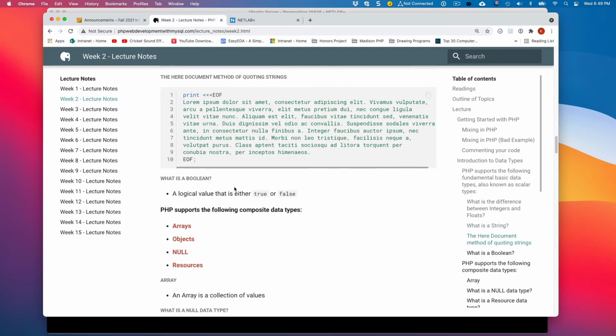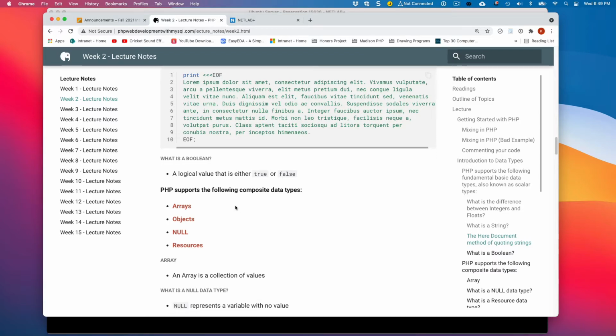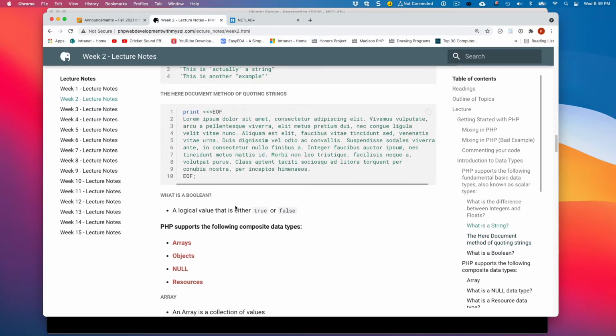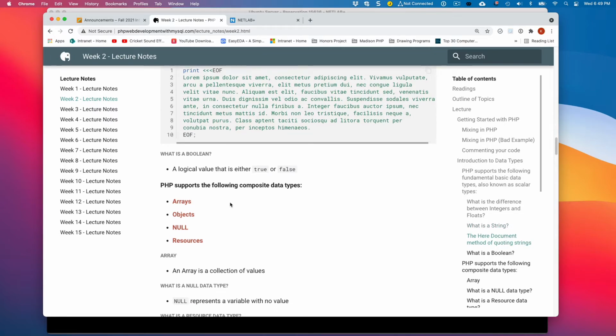And of course, a Boolean is a logical value that is either true or false. So these are the scalar data types that we have. PHP also supports what are known as composite data types. Think about a composite data type, and you're familiar with arrays, as a data structure that holds other pieces of data within it.